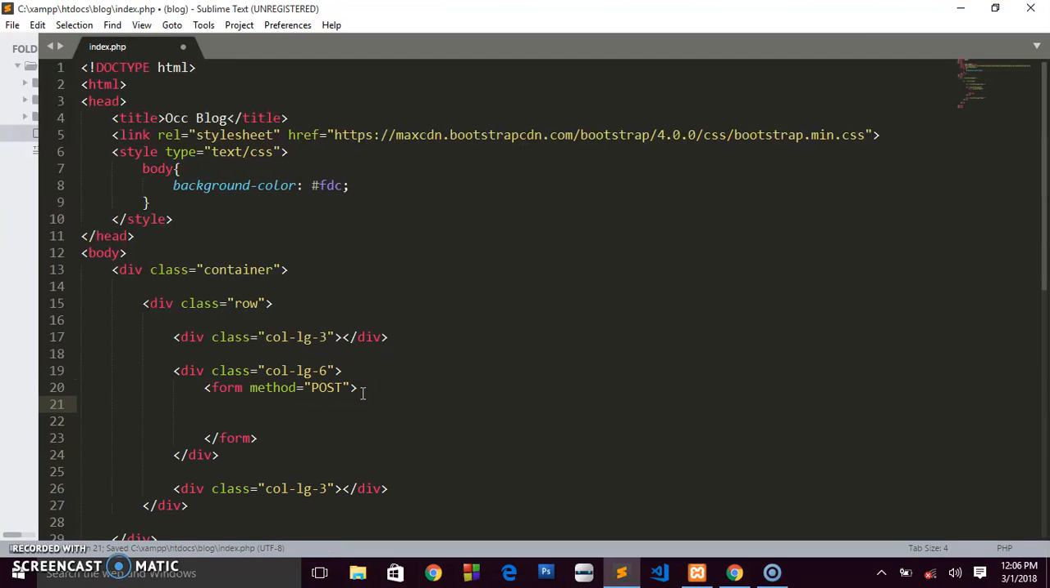Then let me put the label. Guys, I don't know, I'm being too fast, and I say enter first number. So these are the labels which are visible to the user. Enter first number,